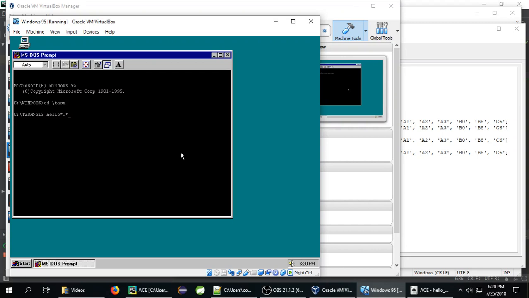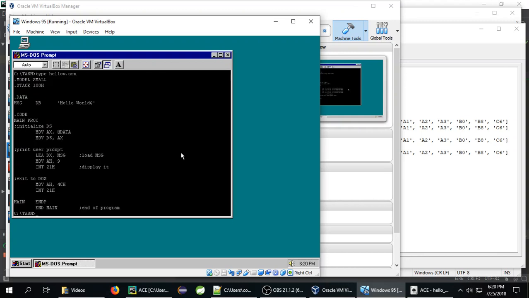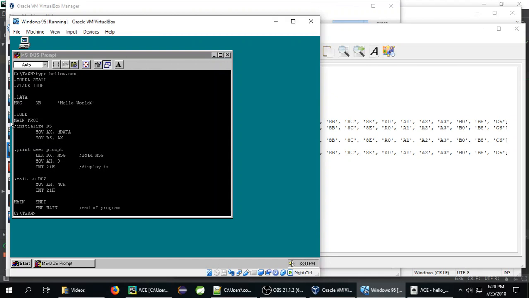I think I called it Hello W. Yeah, okay. So I'm just going to do a type Hello W assembler, and you can see, with the exception of these little comments here, it's the same source code as what we're seeing here. So, you know, model small, we're loading 256, or 100 hex, into the stack. So we're going to see a giant blank space for stack. There's our hello world, and then our actual instructions: move, move, load effective address, move, int, and there they are. And we'll go ahead and run hello world,